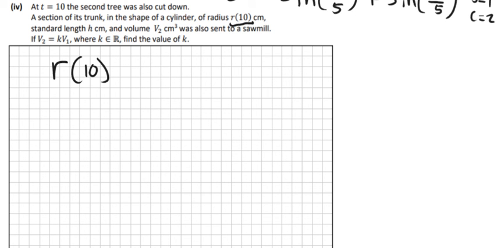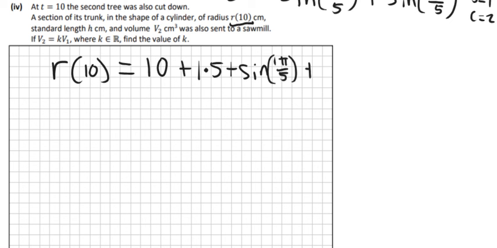If you think about it from the previous part, remember it said that R0 was 10, so it's going to be that plus the increase after year 1, so that would be 1.5 plus sine of 1 pi over 5, and that's the increase for year 1,